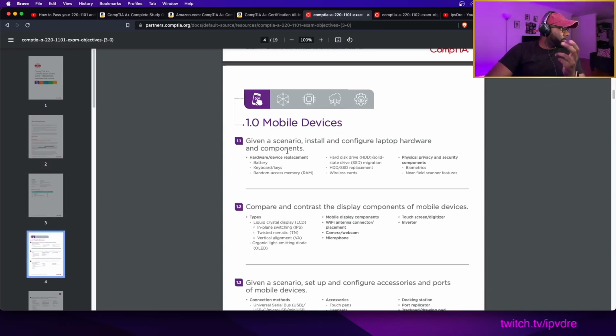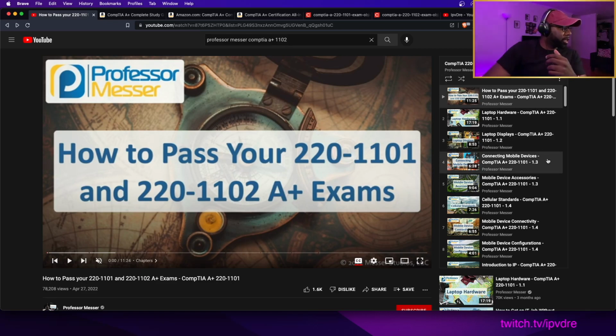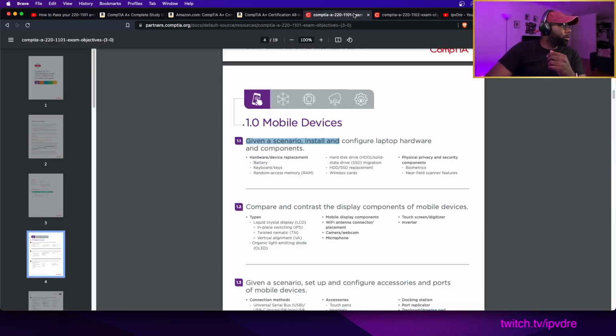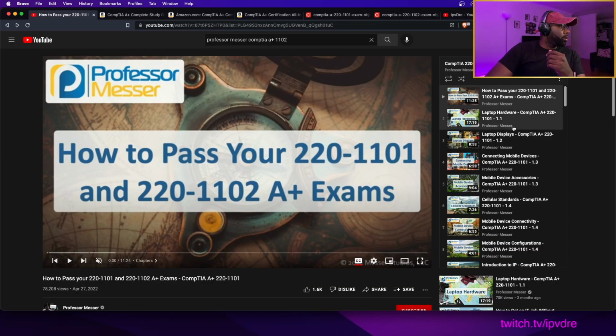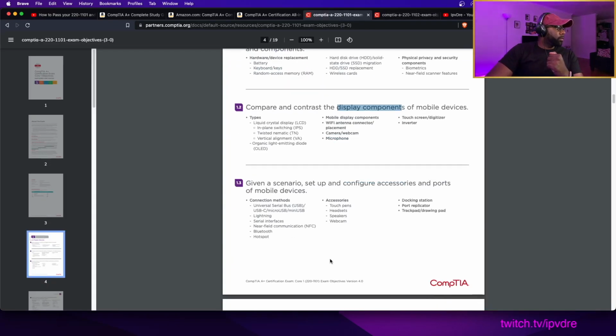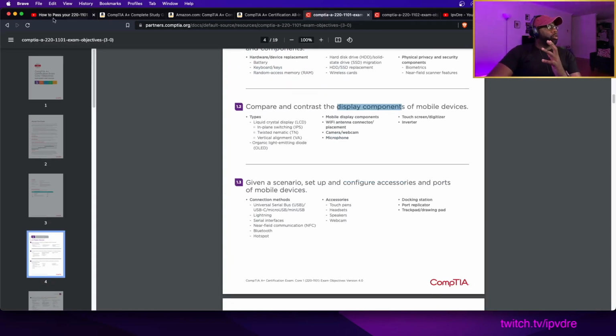1.1 laptop hardware, right? It matches up with the exam objectives, and you can check for yourself. 1.2 display, right? All of it is matching up. Mobile devices 1.3. So it's absolutely